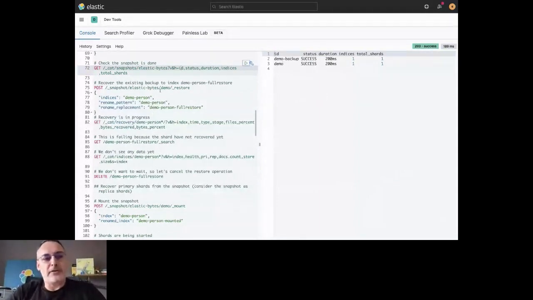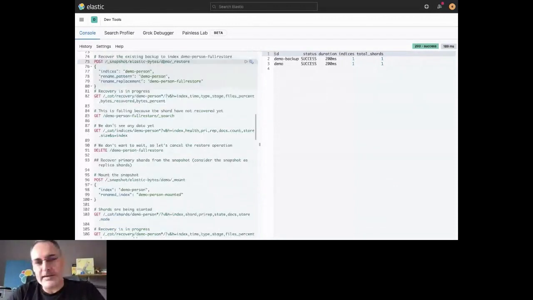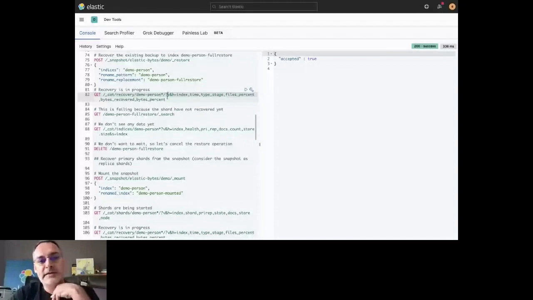So I can recover the demo snapshot that we did here. I'm going to read from the snapshot the demo person index, and I will rename this index to demo person-full store. So let's do that. While this is running, you can use the cat API to see what is happening behind the scenes.